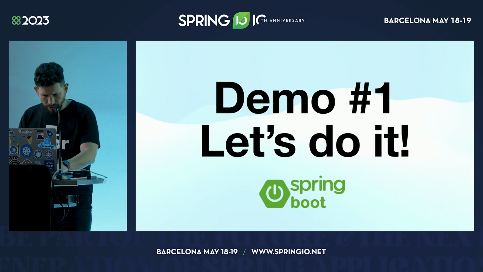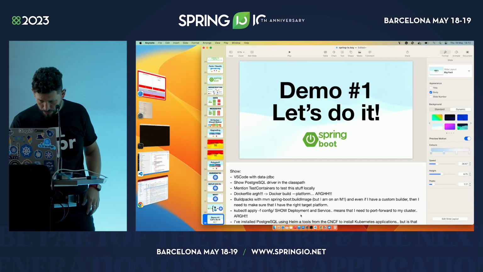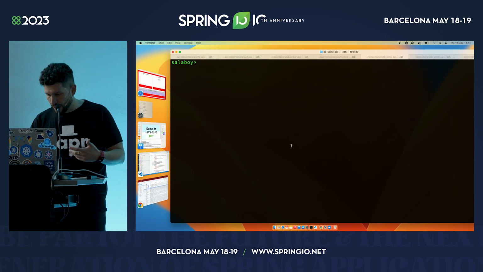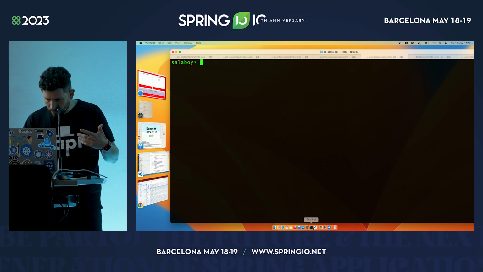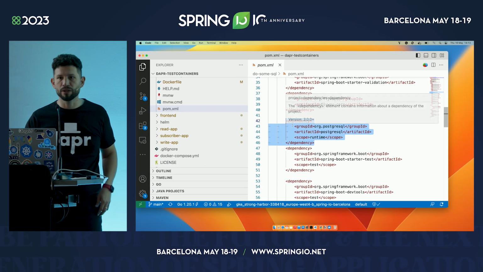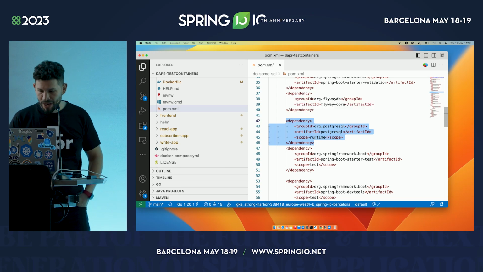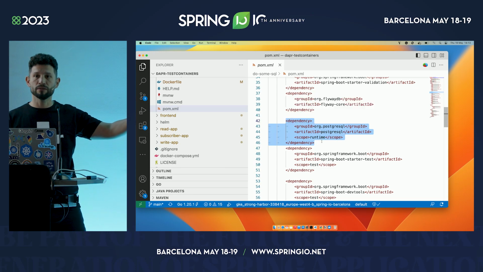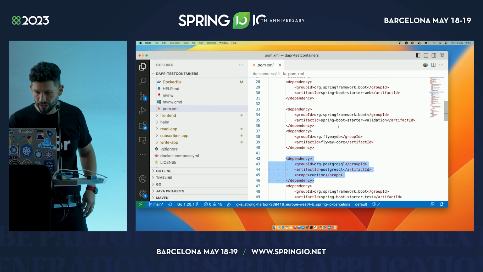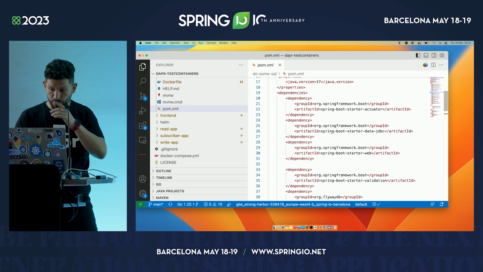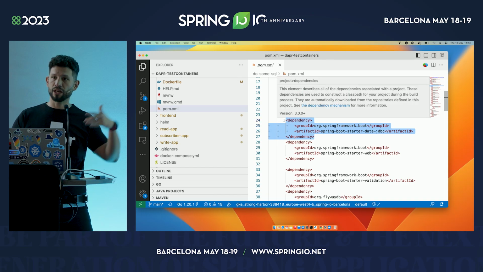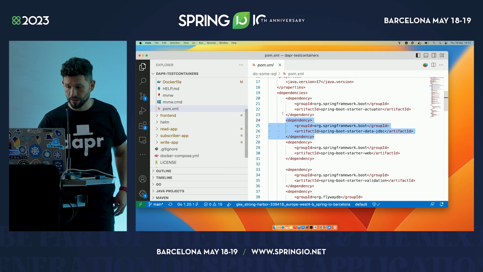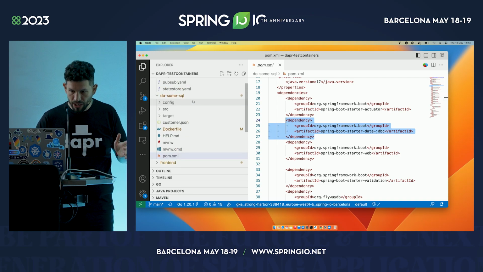So what I had planned for this first demo is pretty simple. If you have used Kubernetes, you have seen this before. I've created a very simple Spring Boot application that I copied from some repository, which is a very simple REST application that connects to PostgreSQL. It uses Spring Data JDBC to create a CRUD repository to store some data in SQL. It's pretty nice. The application is pretty simple.